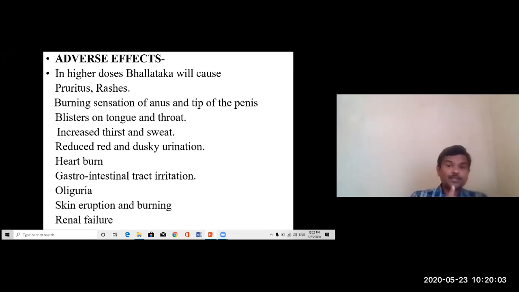There is also severe burning sensation of the anal region and the tip of the penis when the person consumes Bhallataka preparations, blisters on the tongue and throat, and increased thirst.